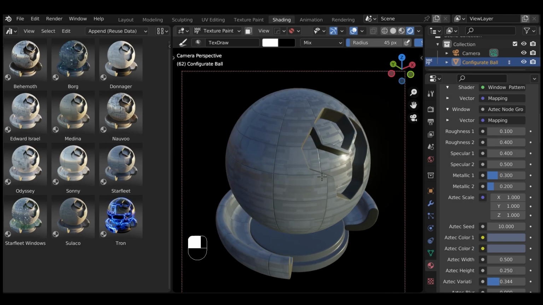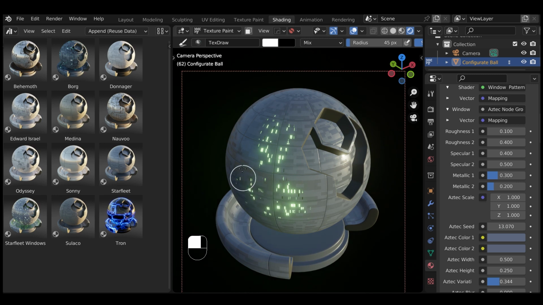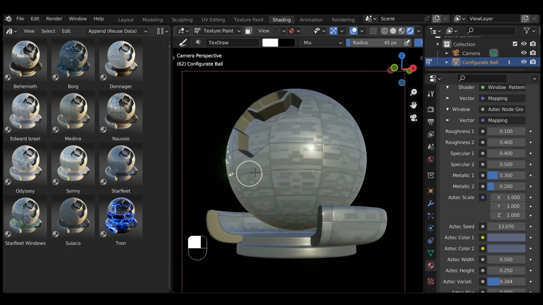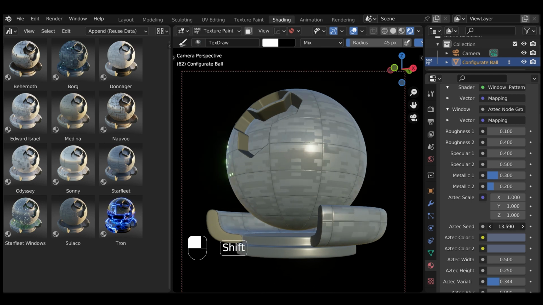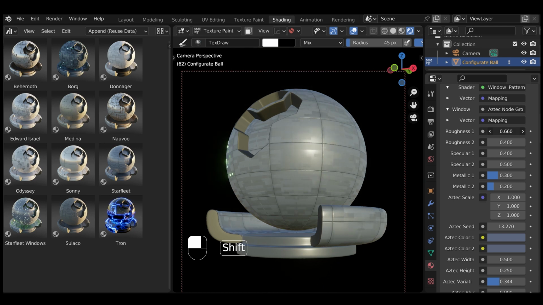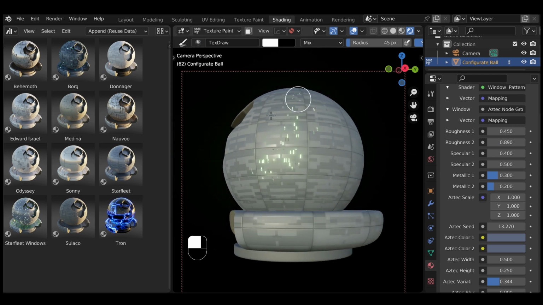The Starfleet material comes as part of the Blender Sci-Fi Hull Materials library, linked in the description, and has a variant that allows you to add a window pattern to your object as well. It is designed to produce a similar Aztec pattern to the hull panelling seen on Star Trek starships, with parameters to control the shininess of the different elements of the panels. This video will show you how to change different aspects of the pattern and how to control where windows are